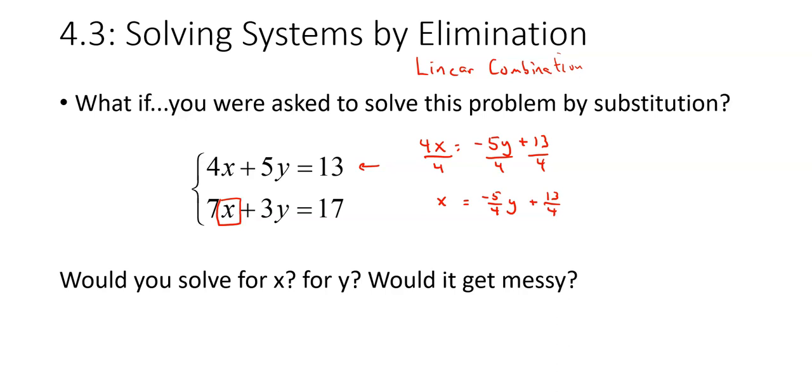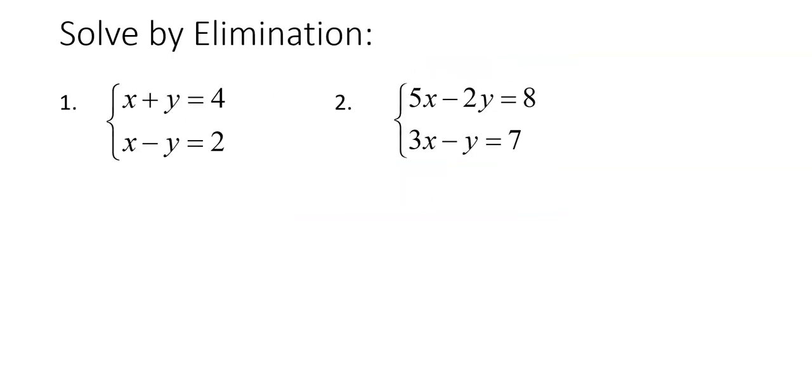It looks like it's getting messy. It looks like I'd like another way to solve this. So I'm going to solve this system by what we call elimination. So let's start with a couple of easier ones before we get to the more challenging ones. The idea is, like the word says, we're going to eliminate one of the variables by adding the two equations